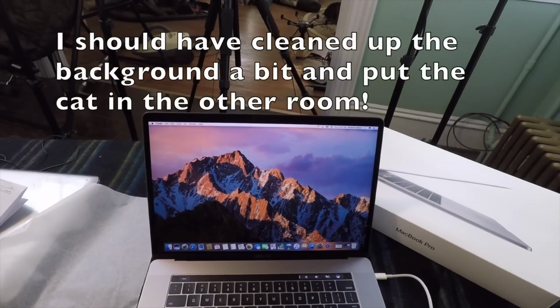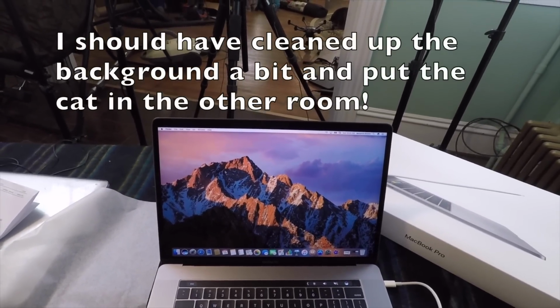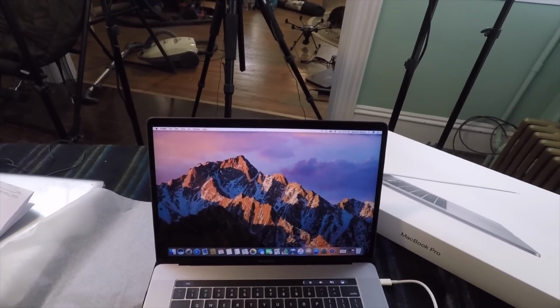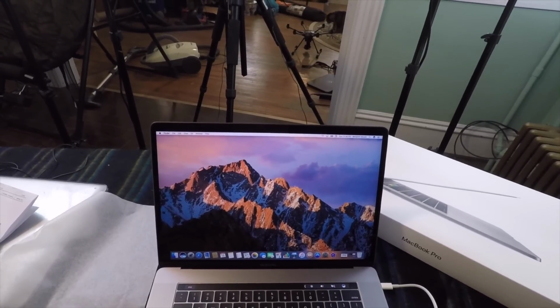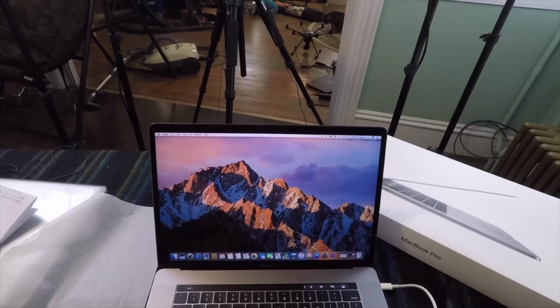Guys, so I'm here with an issue with my brand new 2016 15-inch MacBook Pro. I have an issue with the I key being non-responsive or intermittently responsive. I just got this machine from UPS on the Thursday late at night, and I didn't have a chance to